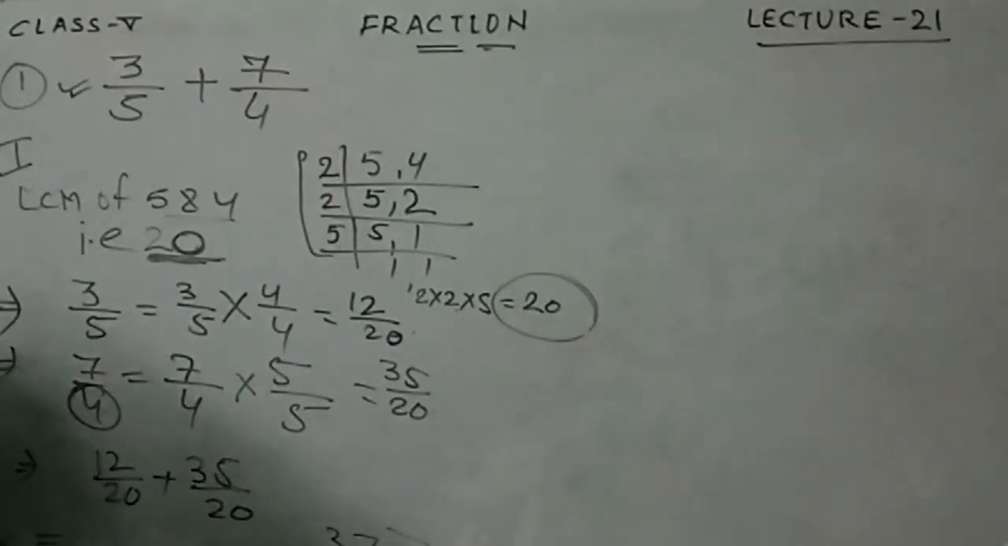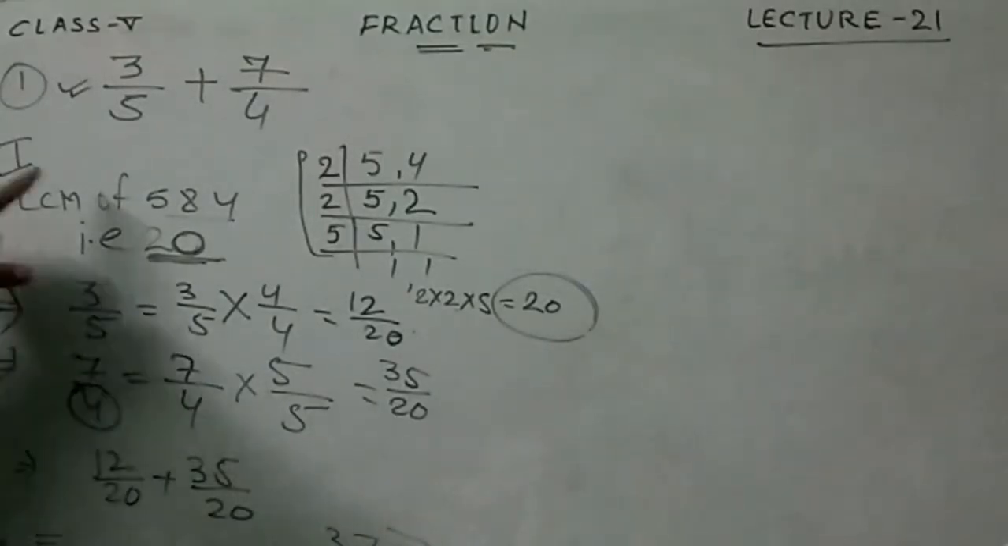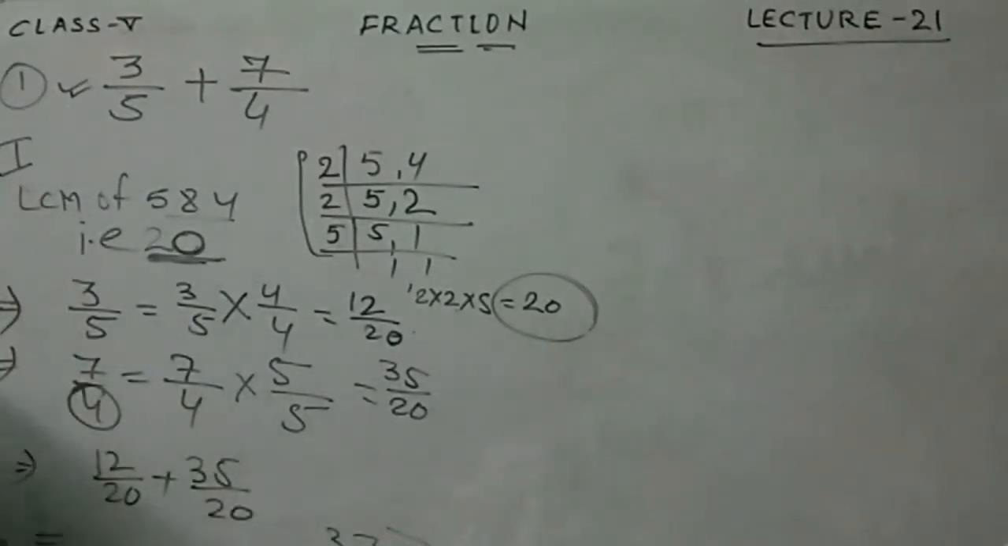That is the first process for finding the LCM: we have to multiply the numbers and make the denominators the same, equal, and then we have to add as usual. That is the first process. And second process